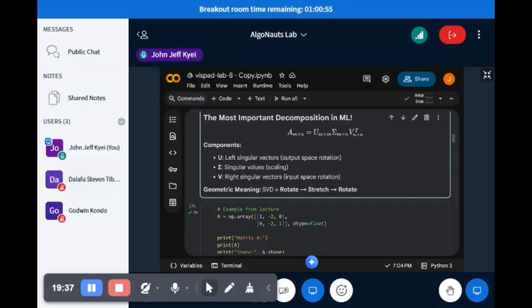Right. So the singular values represent the strength or importance of each corresponding singular vector. Larger values also indicate directions or features along which the data varies the most. And these values are very important for dimensionality reduction. By keeping only the largest singular values and their corresponding vectors, you retain most of the information in the data. Right, and then the transposed V matrix, which stands for the right singular vectors,